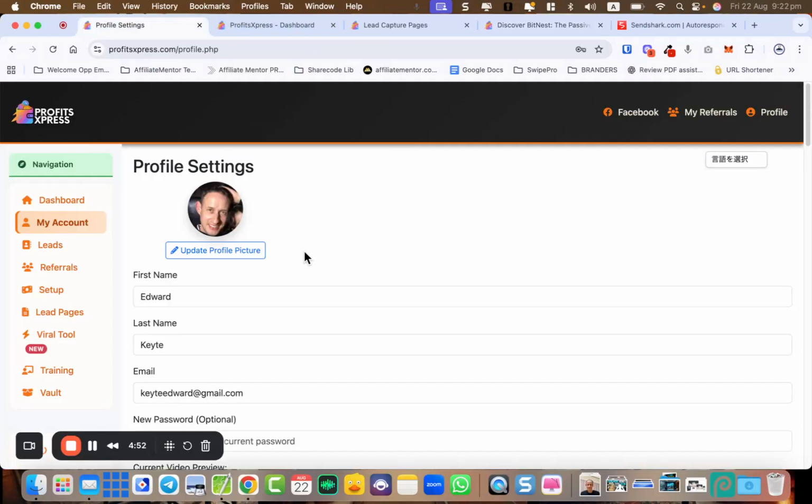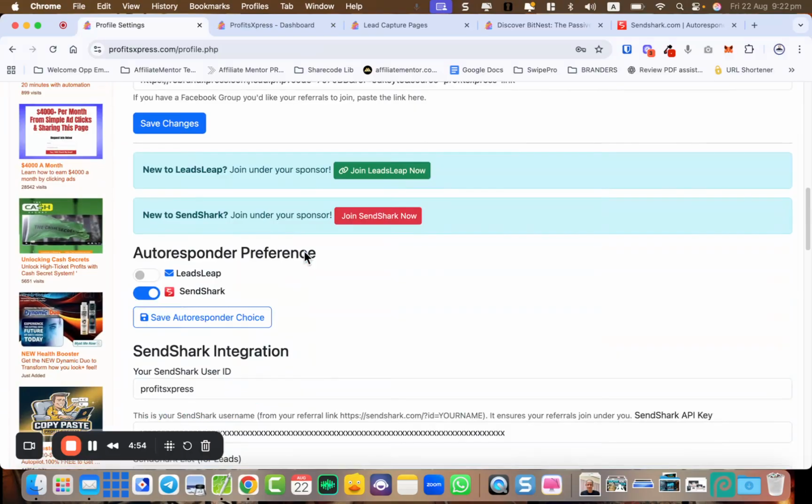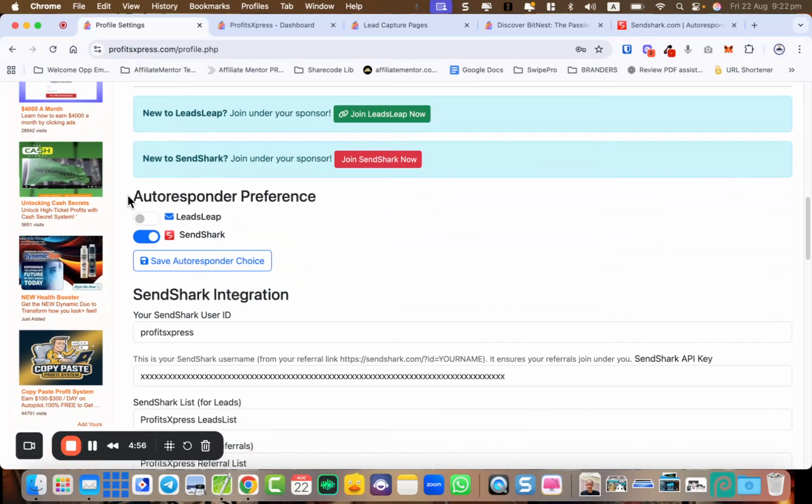So this is what we've got. We've integrated it into Leads Leap, into Sendshark. So we've got two options here. Autoresponder preference, that's where you would go. You go to select whether you want Leads Leap or Sendshark. And then when you click save,